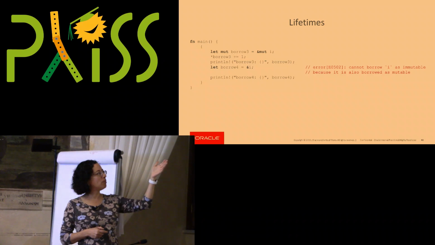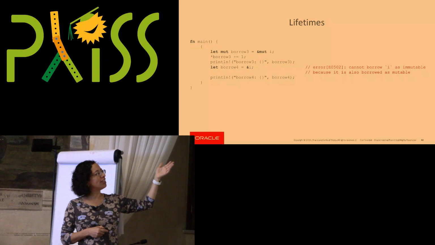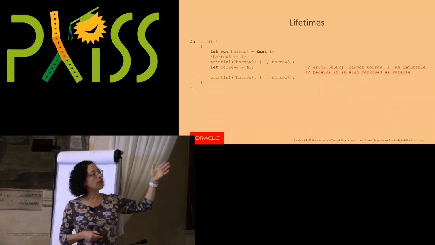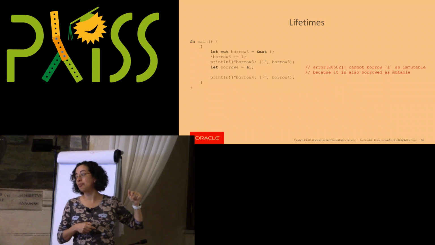We get mutable I, we change our borrow 3, so we change the content of it, we can print its value, and then we're going to have another borrow, and that's going to be pointing also to I. And in this particular case, we want to also display it, but the Rust compiler is going to throw an error because you cannot borrow I as immutable because it has also been borrowed as mutable earlier on in the same lifetime, in the same scope of the program, right?